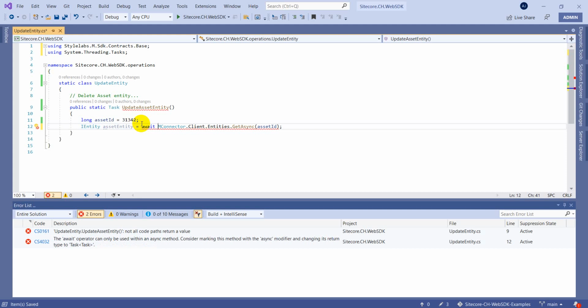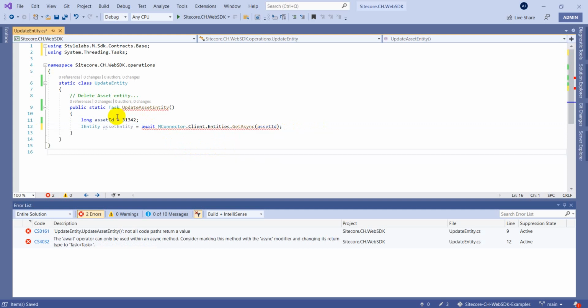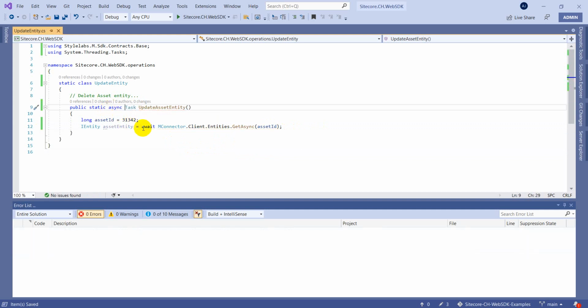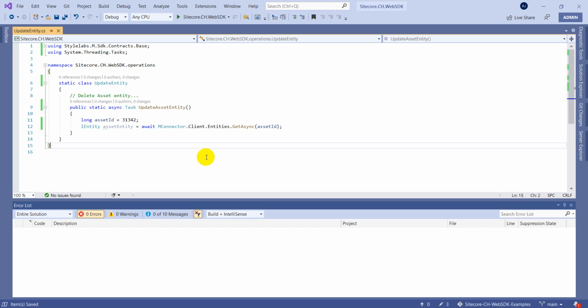Okay, so this looks good, right? So now, as part of this asset entity, we should have this particular asset, this specific entity with us, this one. So once we have this asset entity, the first thing we are trying to do here is